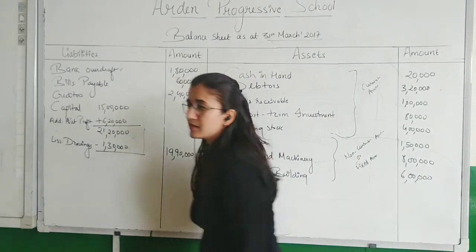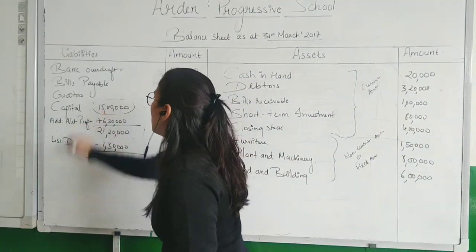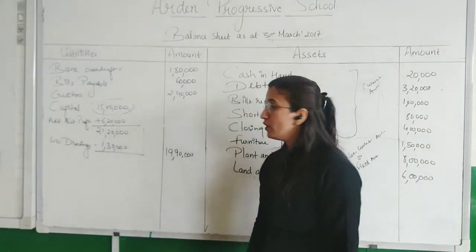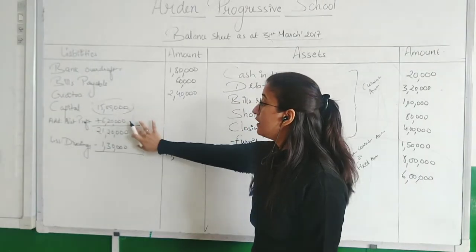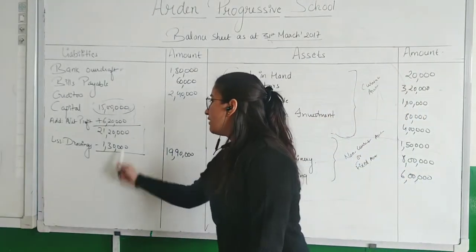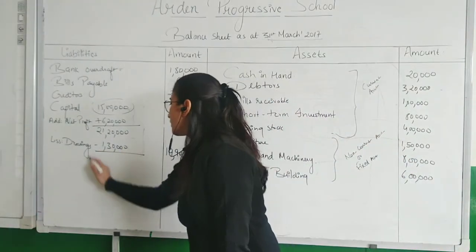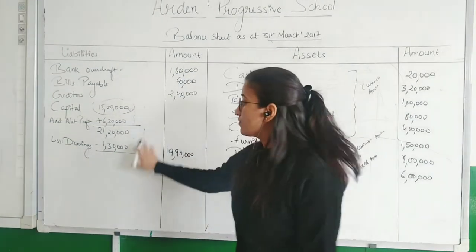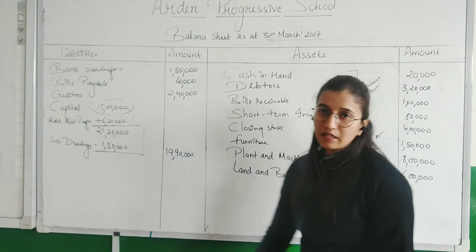We know that capital is the amount which is brought in by the owner in the business. That means this amount becomes a liability of the business because this amount is to be repaid to the owner with the net profit. That is why we are adding net profit to capital, because capital and net profit are the amounts which are to be paid by the business to the owner. And drawings is the amount which is withdrawn by the owner. So this amount does not belong to the proprietor. That is why we are deducting the amount of drawings from capital. So this was the concept of capital, net profit and drawings.